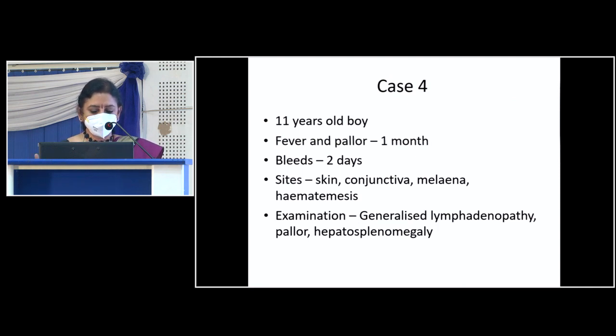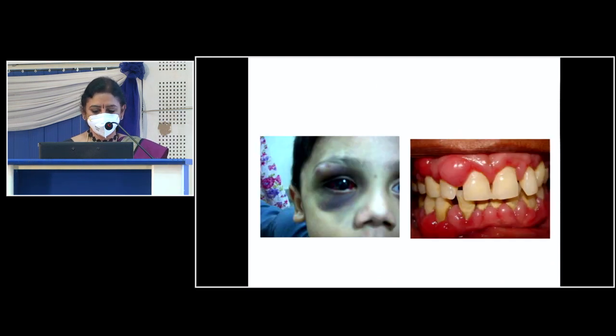He's got skin, conjunctiva, melena, hematemesis. So there is both skin and mucosal bleeding. He's got generalized lymphadenopathy, pallor, hepatosplenomegaly. Could this be aplastic anemia? No, because there is organomegaly. So this is him with the subconjunctival hemorrhage and a huge bleed here and there is